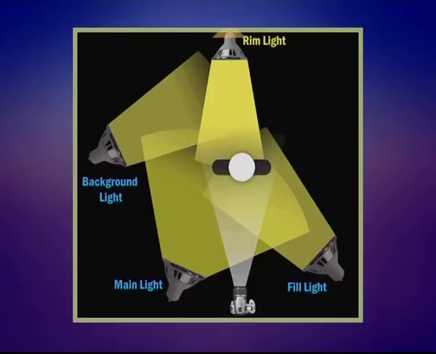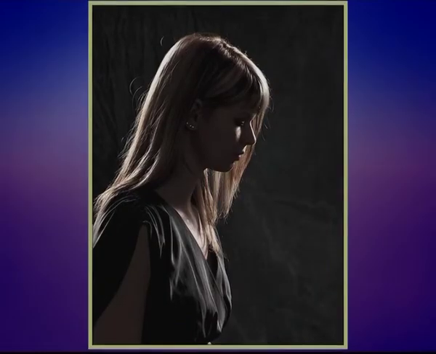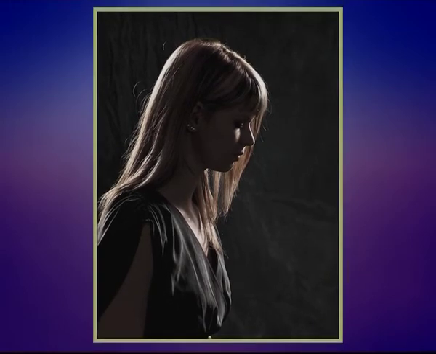Also called a rim light or hair light, the rim light, which is the third main light in the three-point lighting plan, is placed behind the subject, out of the picture frame, and often rather higher than the key light or fill light. The point of the rim light is to provide separation from the background by highlighting the subject's shoulders and hair. The rim light should be just bright enough to provide separation from the background, but not as bright as the key light.